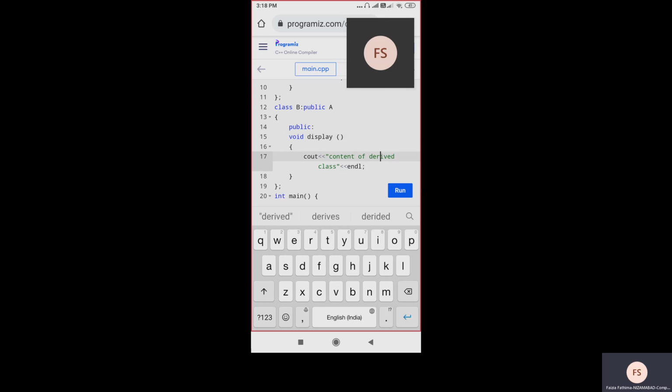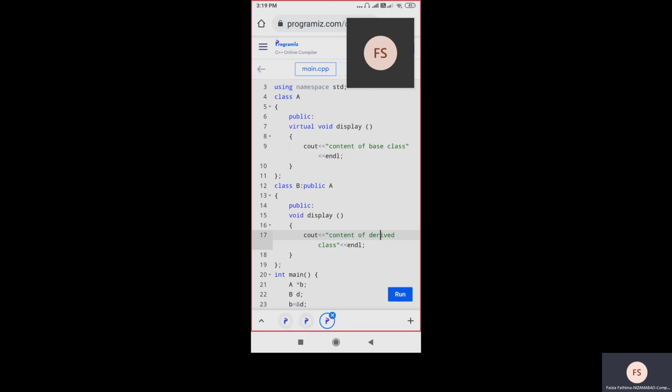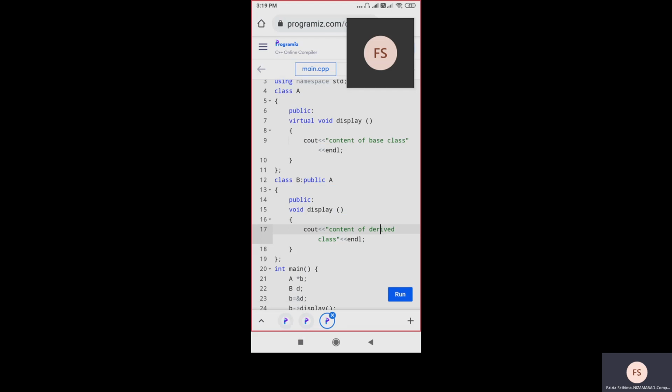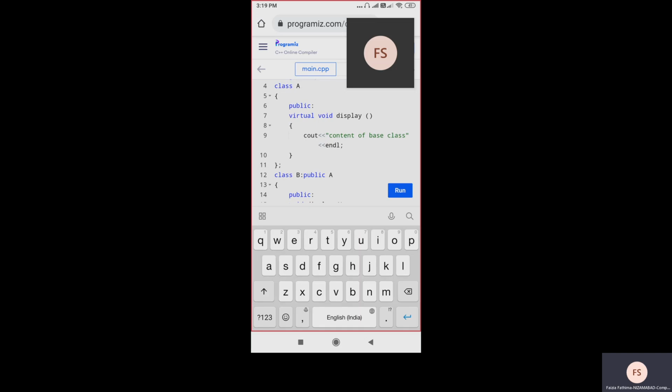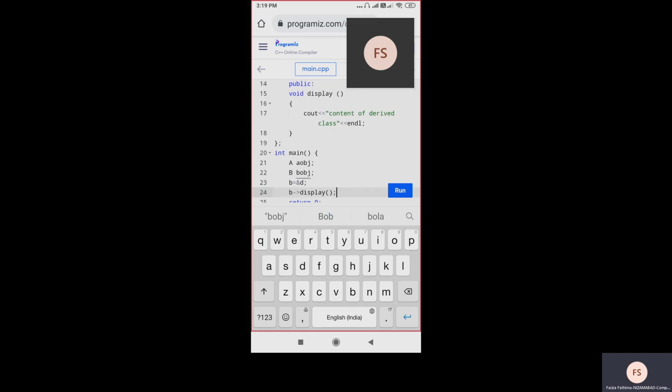Okay. So one more program I want to discuss here. We are having this program. Let us take one more program in this program only. I am doing some changes. Here, I am having two objects, an A object and a B object. Then I am creating a pointer of the A class, star BPTR. I have created a base pointer.